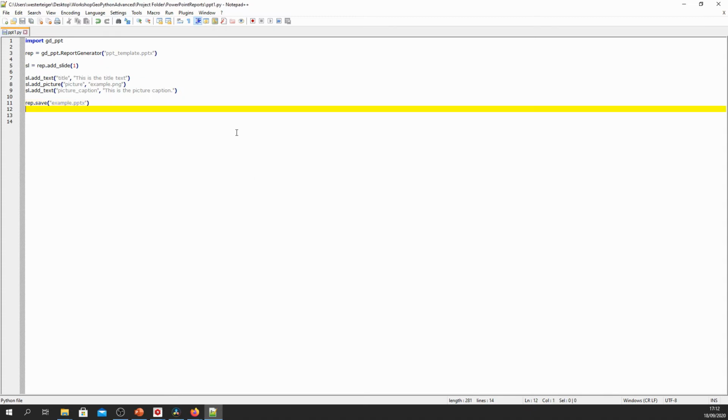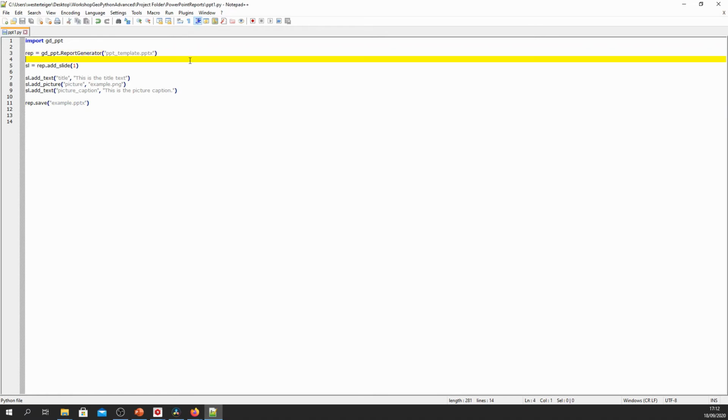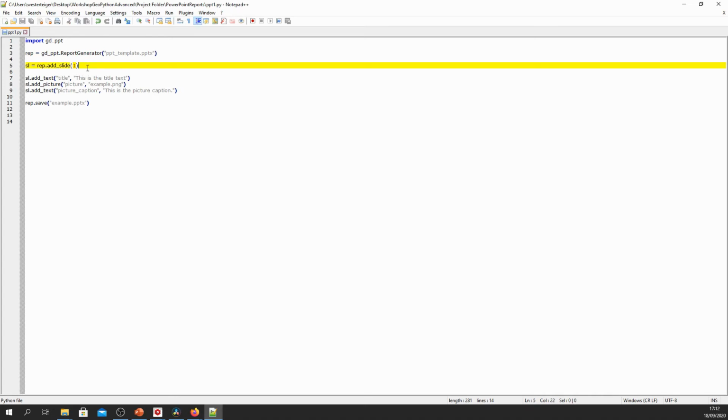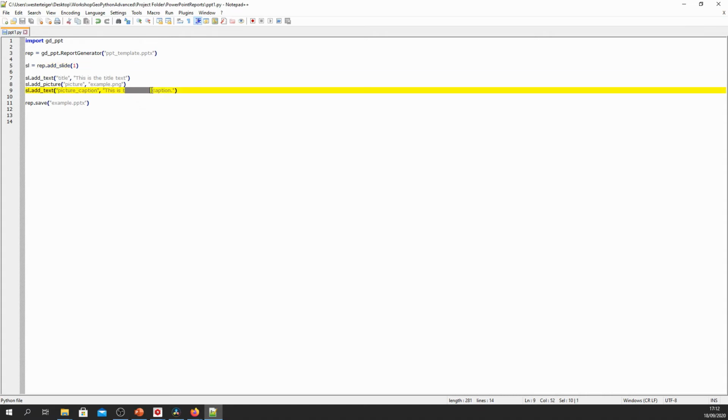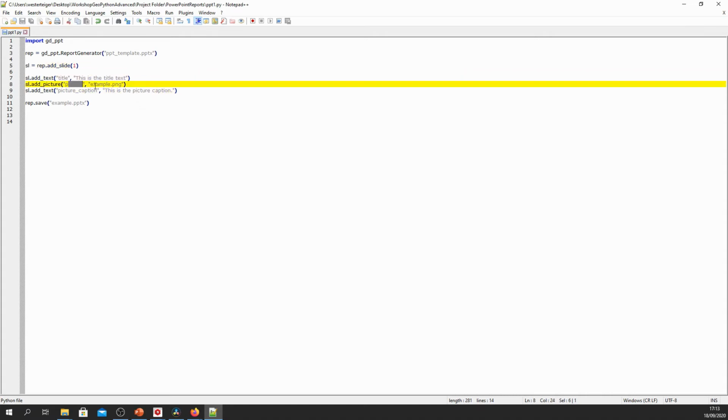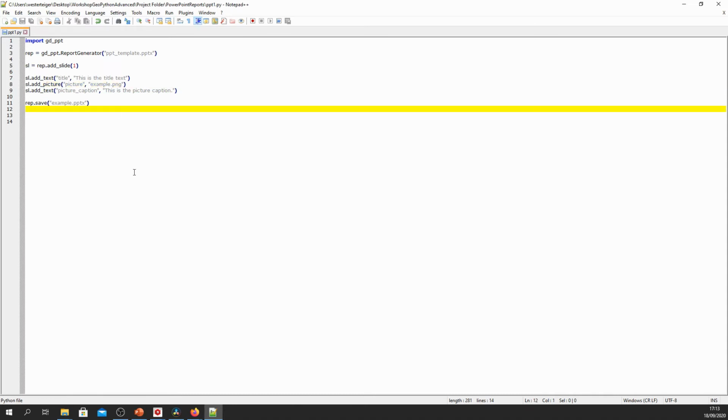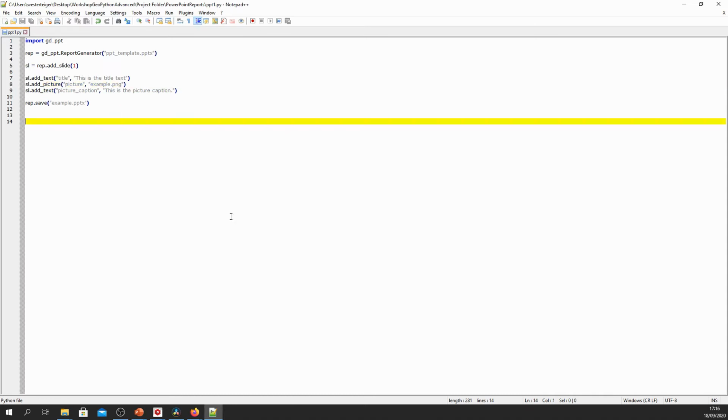So again, what this does is it opens a report generator based on these template slides. It then adds a new slide based on this specific template slide or master slide. And then it proceeds to replace all the placeholders in this slide by actual content. Namely, the two text boxes title and picture caption are replaced, and the picture is replaced by the concrete PNG file that we have on disk. And then the presentation is saved under the name example.pptx. Now please save the file by pressing Ctrl S.